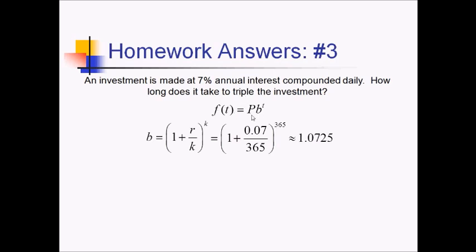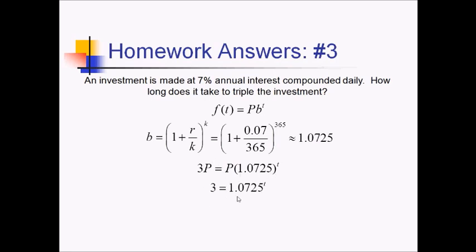So I'm going to leave p here. For f of t, I'm going to use 3p. And if you really wanted to, you could make up a number for p and then put 3 times that over here. But it comes out to the same thing. Because to solve this, we have to divide by the principal to get the exponential term by itself. So we end up with 3 equals